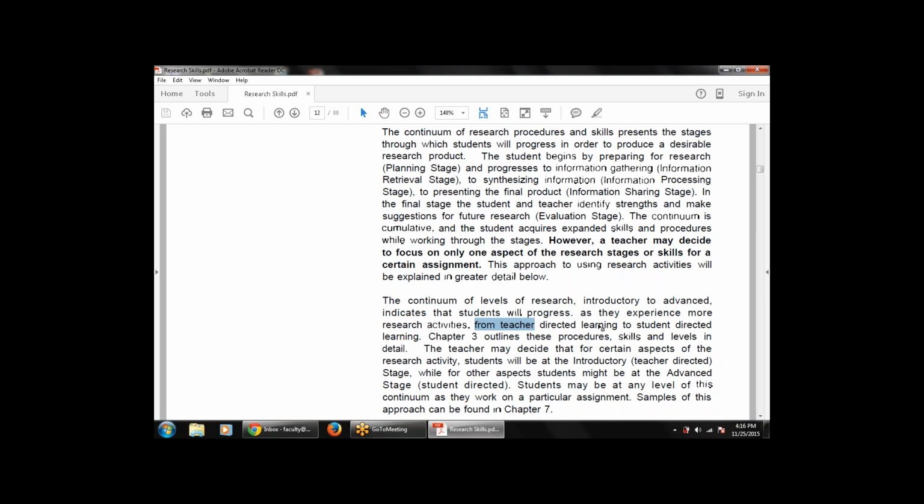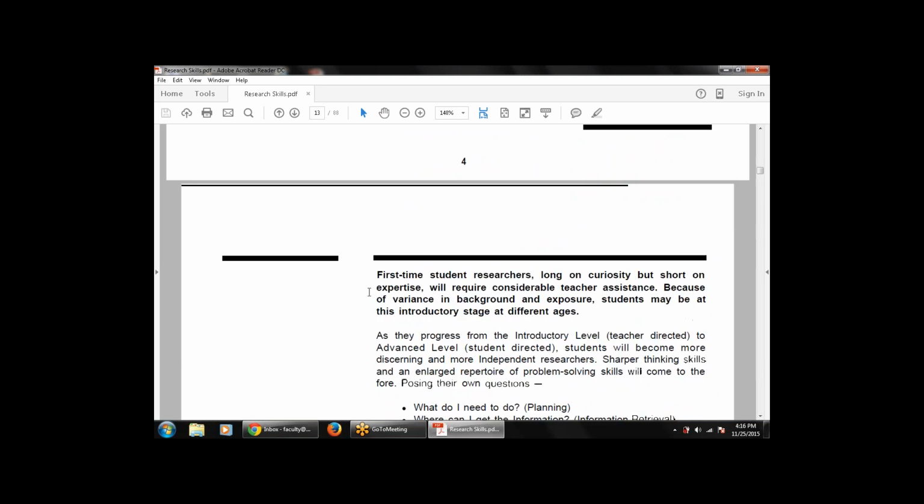That is teacher directed learning to student directed learning, that is, activities move from the teacher to the student. And first time student researchers, long on curiosity but short on expertise, will require considerable teacher assistance. Whenever students research something for the first time, there is some curiosity among the students but they are short on expertise, which requires